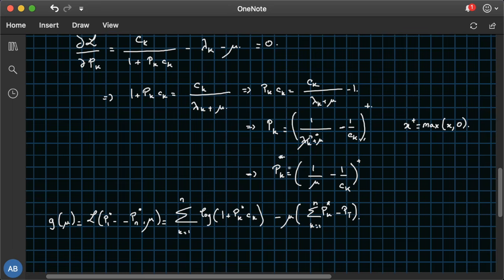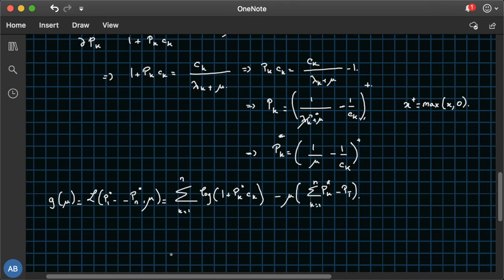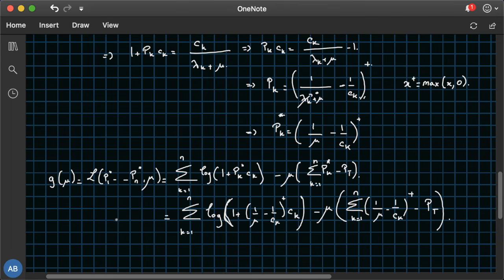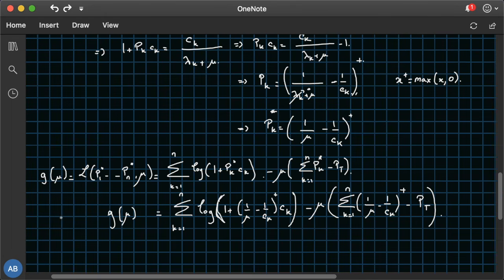Now plugging in the expression of pk stars, we get the following. The following is just a function in mu. So now all we have to do is minimize the Lagrangian dual g of mu, of course, with respect to mu,